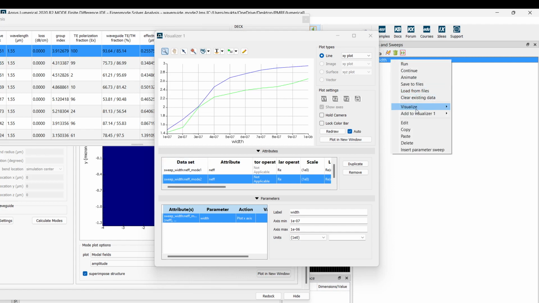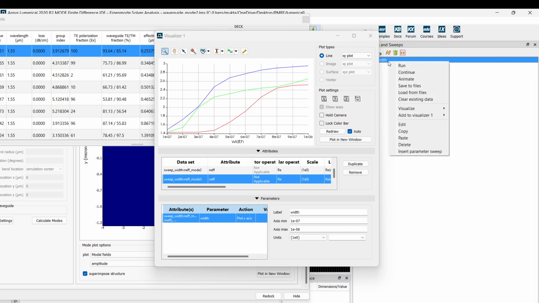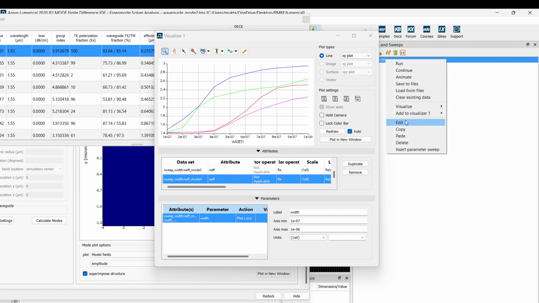But again, you can probably see another crossover point here. So now, from the previous discussion, we know this is fundamental TE, this is fundamental TM, this is first order TE.